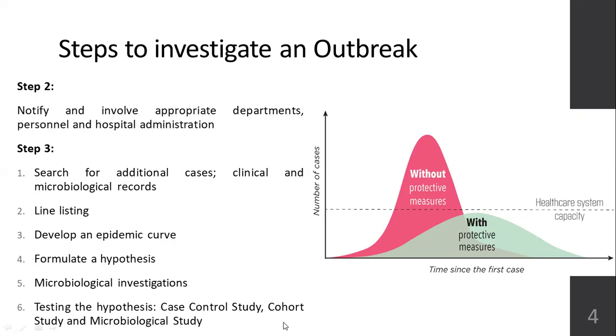So in detail, you don't have to study about case control or cohort. I'll just give you a brief introduction to case control and cohort studies. So case control study is like you have two groups, case group and control group. Case group are the people who are affected with a disease. Control group are the group of people who do not have any disease yet. You study both of them at different intervals of time to identify what would be the reasons that gave the case group a disease, and